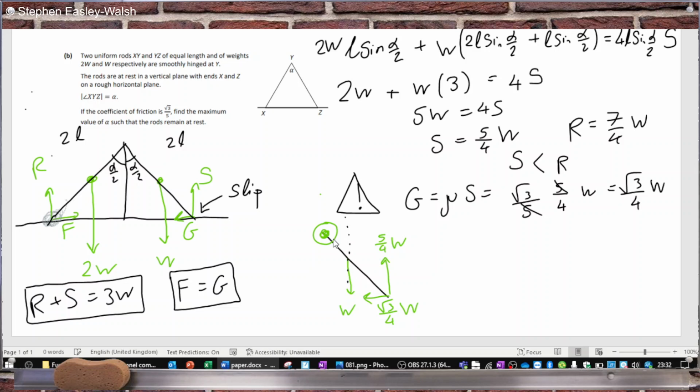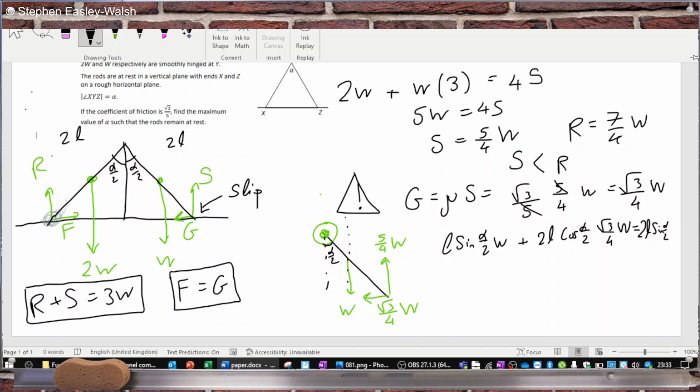So first we have this distance times W, and again we'll say that that's alpha over 2, so that's 2L sine, so it'll be L sine alpha over 2 W plus 2L cos alpha over 2 friction, root 3 over 4W, ran out of space, that will equal this distance here, which is this one here, which is 2L sine alpha over 2, I'm not going to squeeze it in,